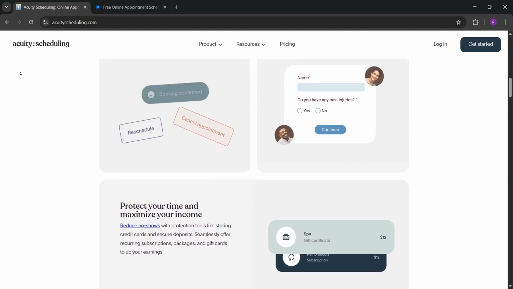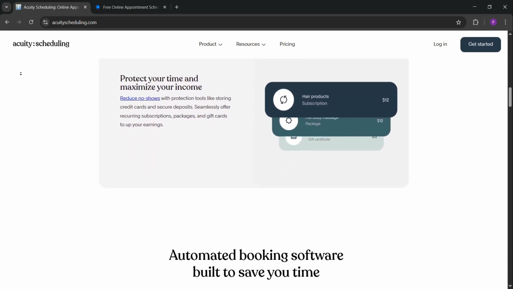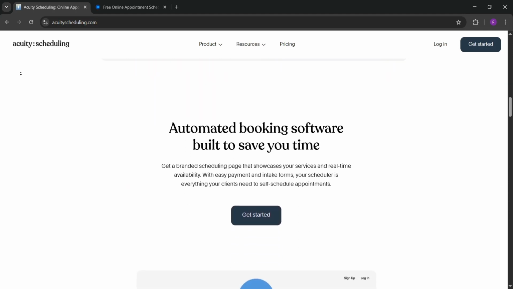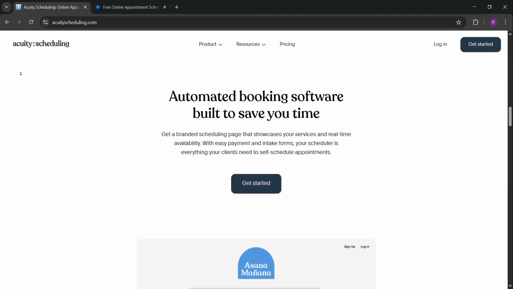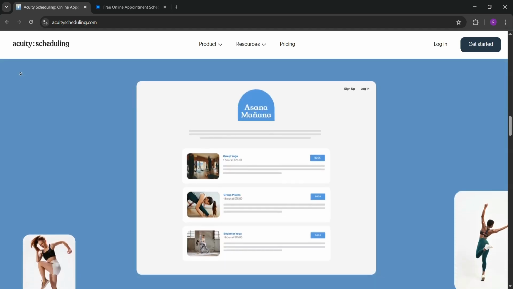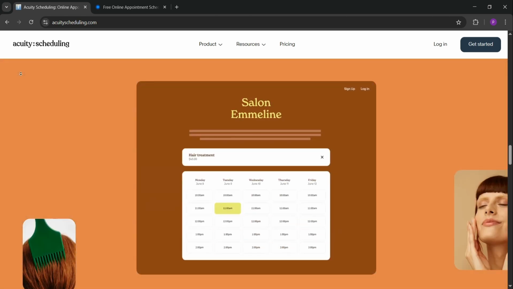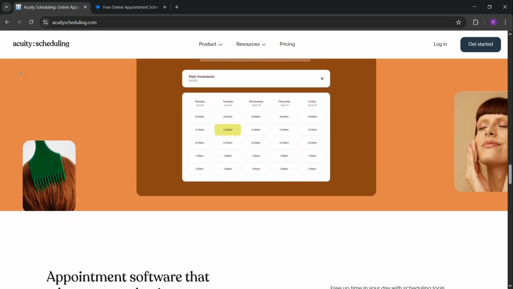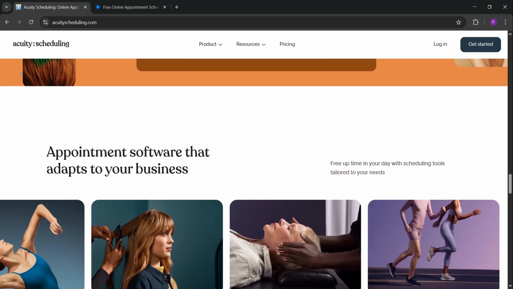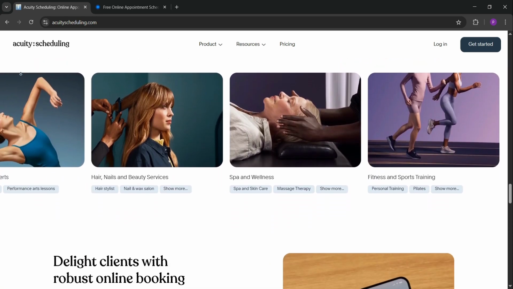First, let's look at Acuity Scheduling. This tool is awesome for service-based businesses like coaches who offer packages or in-person sessions. You can create custom booking pages, sell subscriptions, or even accept payments through Stripe, PayPal, or Square. Acuity also lets you add intake forms to gather client info before meetings. Plans start at $20 a month with no free option, but it's great for managing clients and payments all in